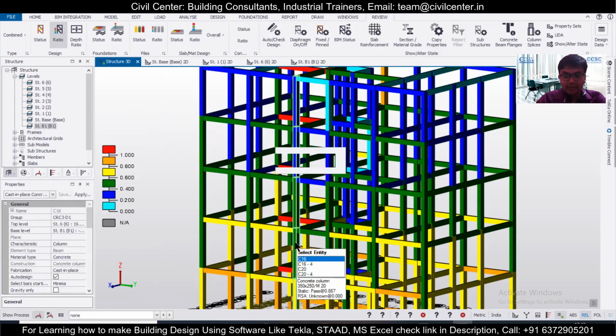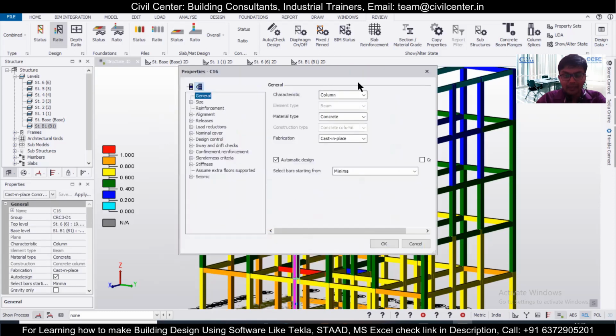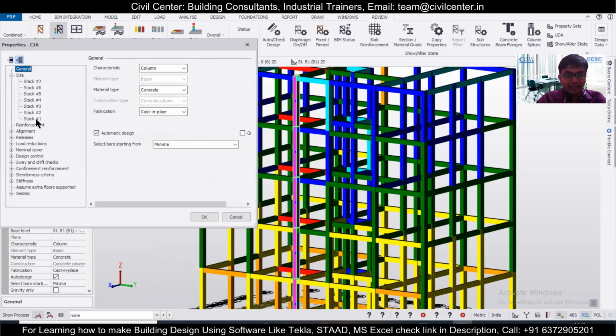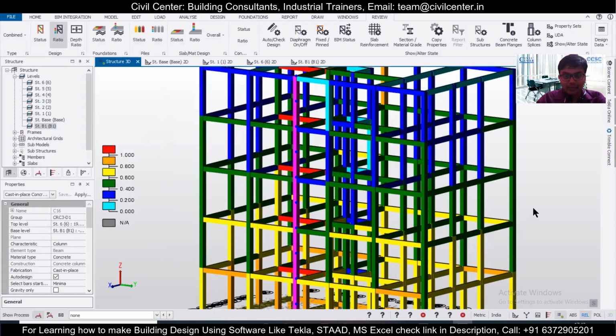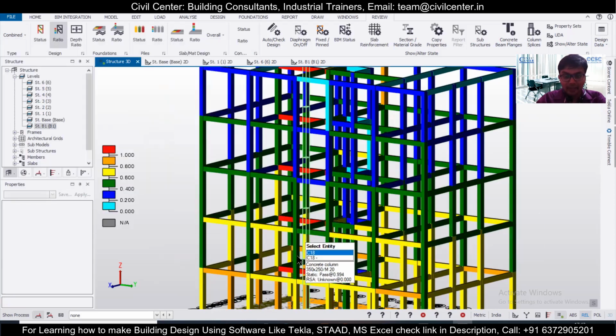Okay, so we'll select this, double click this, and after that, here you will have an option of size. In this option of size, span 1 is the lowest one. We don't need to change this, because as you can see, this was yellow. Span 2 is this one, that is from the plinth level to the first floor. This also we don't need to change. Span 3, I'll just show you. This is the particular span 3.